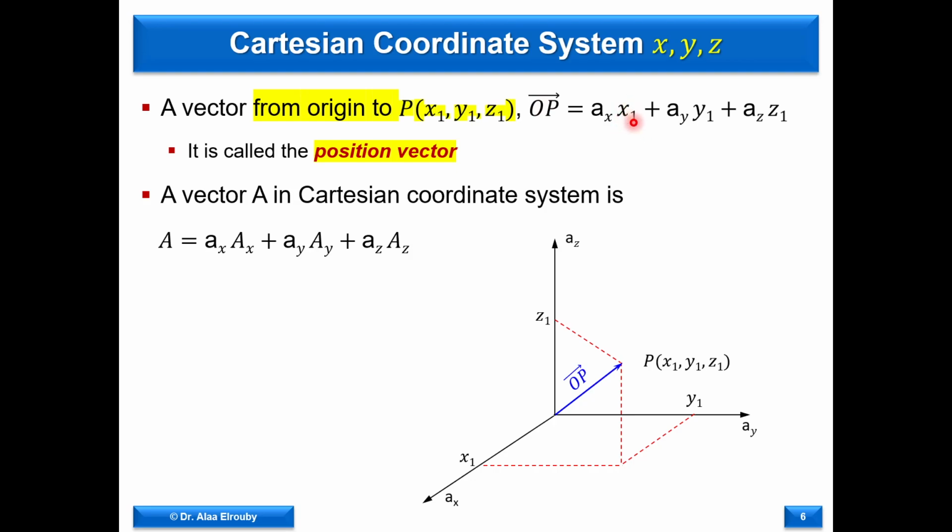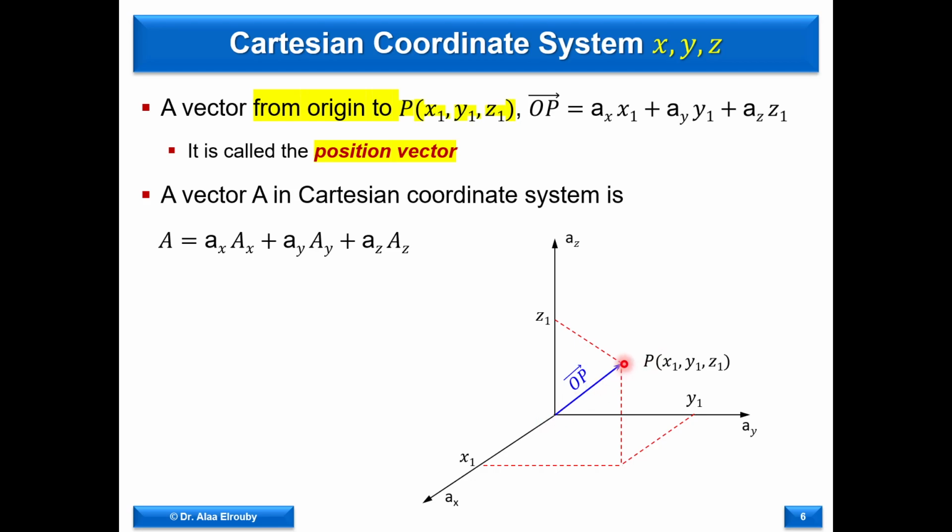It's x1 units along the x direction plus y1 units along ay plus z1 units along az. So if you are at the origin, you go x1 along the x direction, then you go y1 along the y direction, then you go z1 along the z direction,